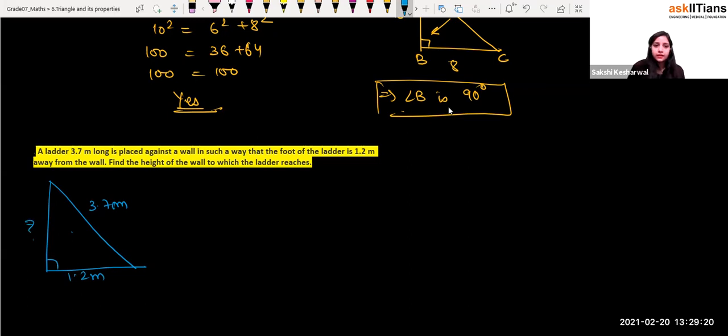So can I say that the hypotenuse is 3.7 meter, right? Leg 1 is equal to 1.2 meter, and we have to find leg 2, right? So what will we be applying? If this is a right angle triangle, always think to apply the Pythagoras theorem. So by Pythagoras theorem,